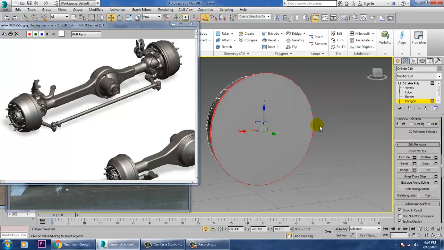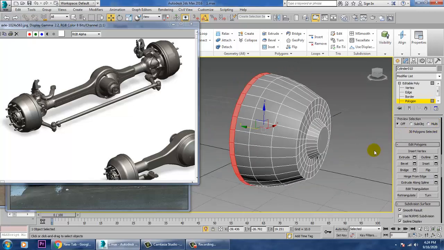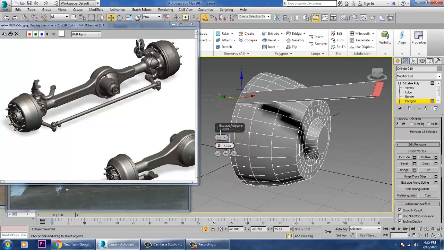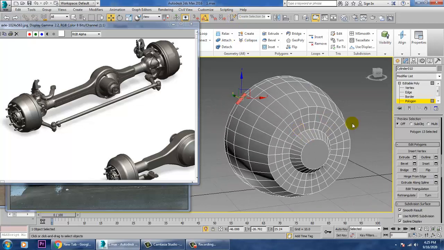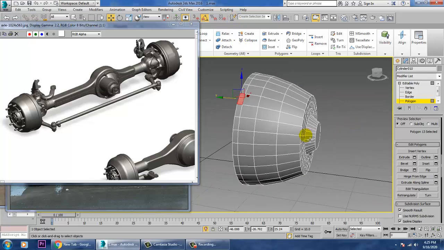Only select that area which is required over here by local normal. Anyways, we'll keep it over here as it is.